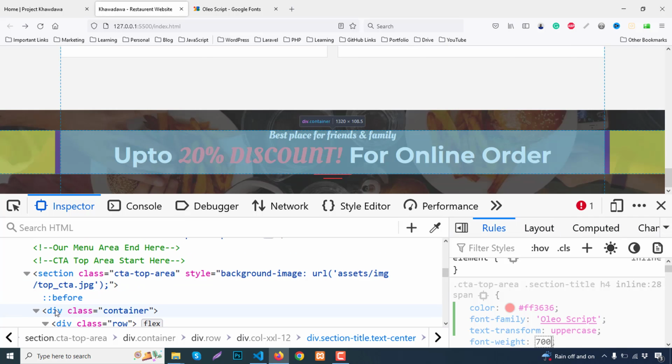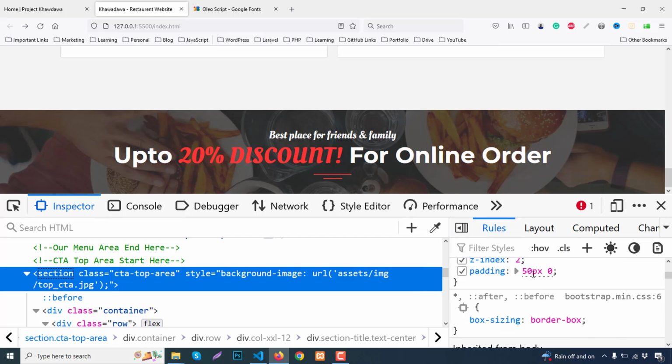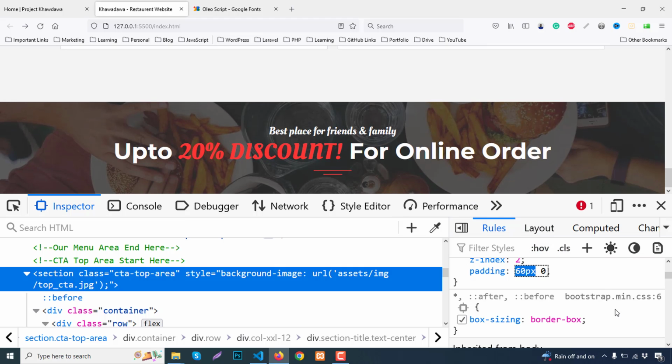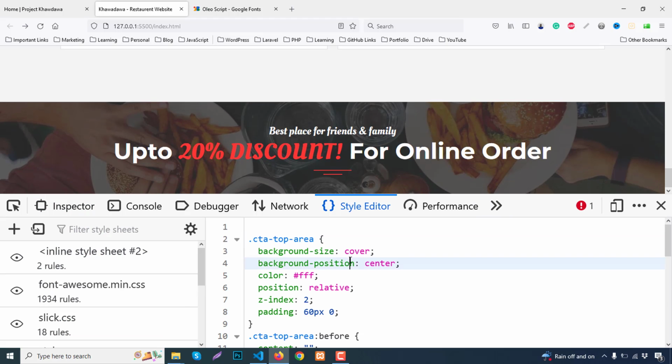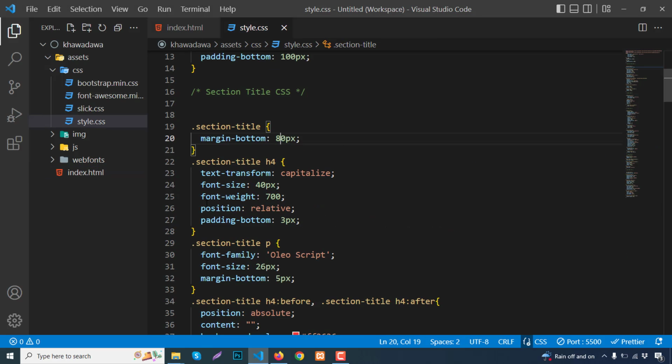So you can increase a few padding top bottom. So change 50 to 60. So increase 50 to 60. So that's fine. So click on inline and then Ctrl A, Ctrl C, copy all code and go to style.css,